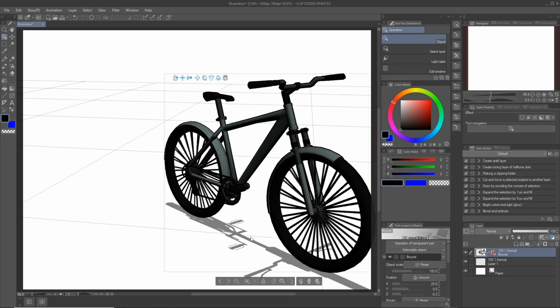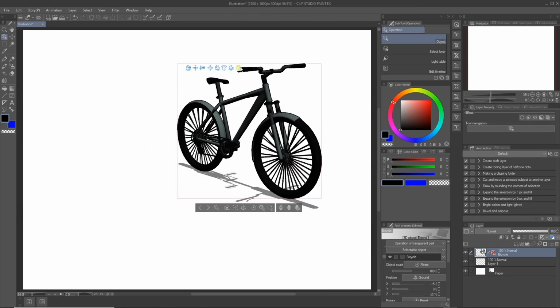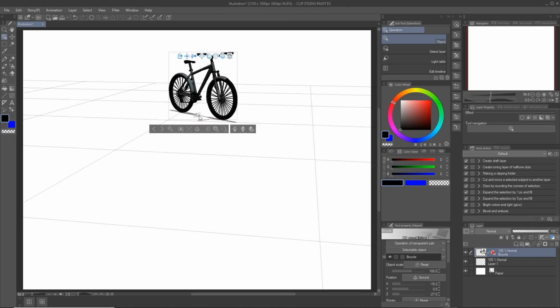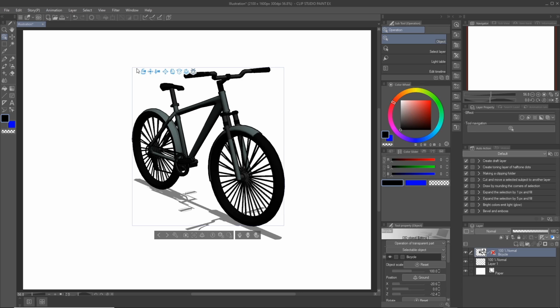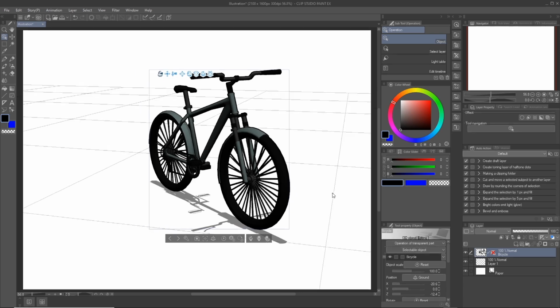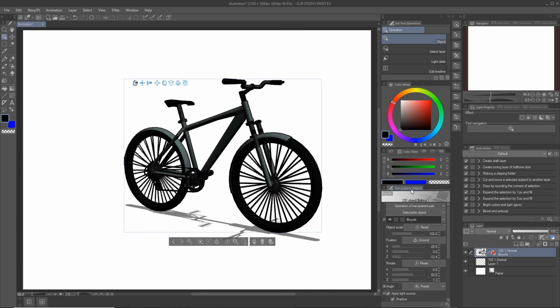And you can click and drag anywhere on the canvas for it to take effect. So in this case, I have the translate icon selected, and now I can just click anywhere on the canvas and it'll affect only that property. Conversely, if I were to select the camera rotate and I click anywhere on the canvas, it'll just move the camera around. Let's take a look at some of the extra options.